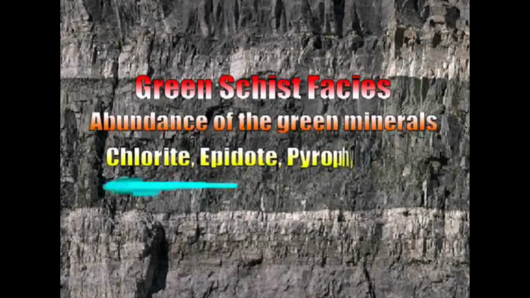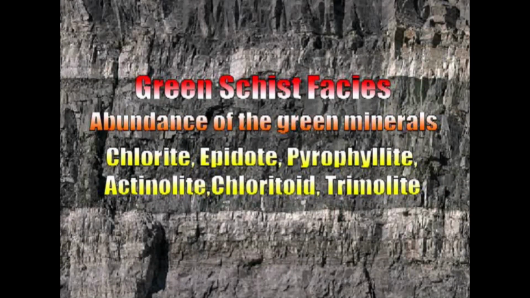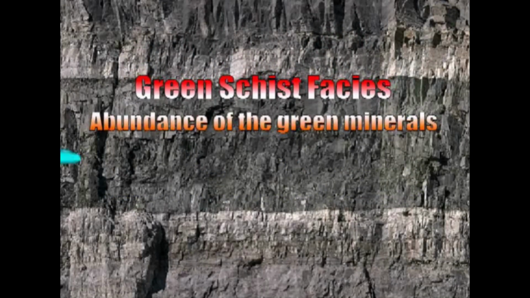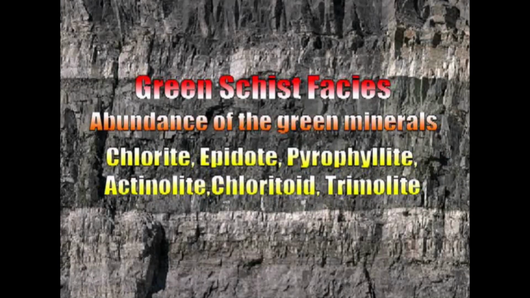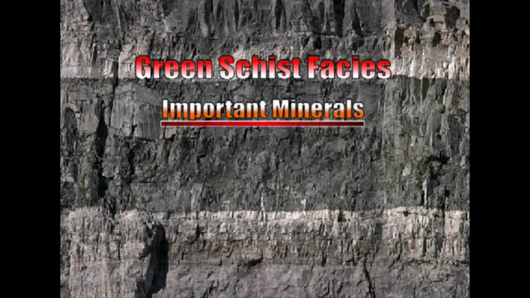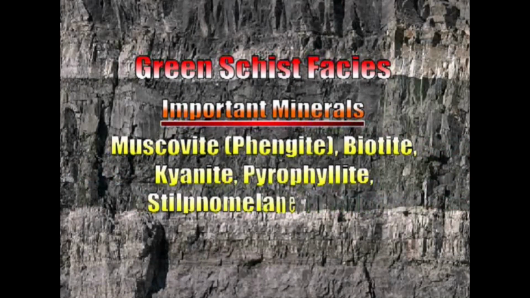The green schist facies is recognized by the abundance of green color minerals like chlorite, tremolite, chloritoid, paraphyllite, etc., and epidote in pelitic rocks, where the rock is richer in FeO and Al2O3 and poorer in K2O. The other important minerals are muscovite, phengite variety, biotite, almandine garnet,